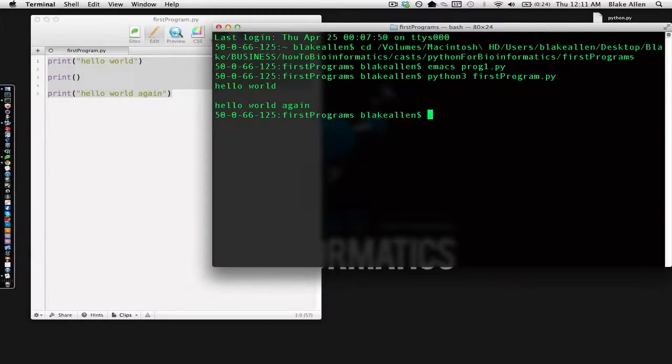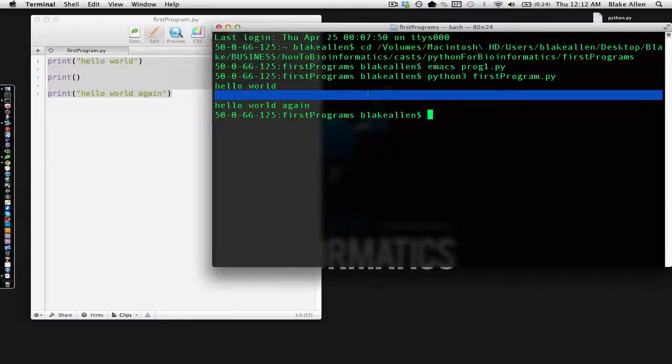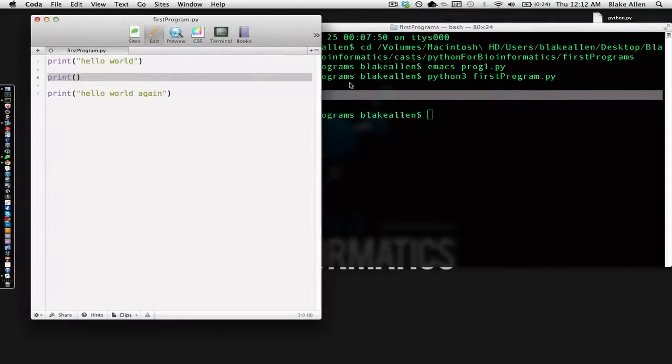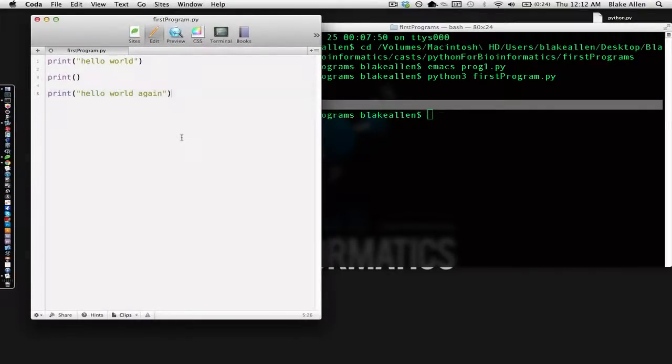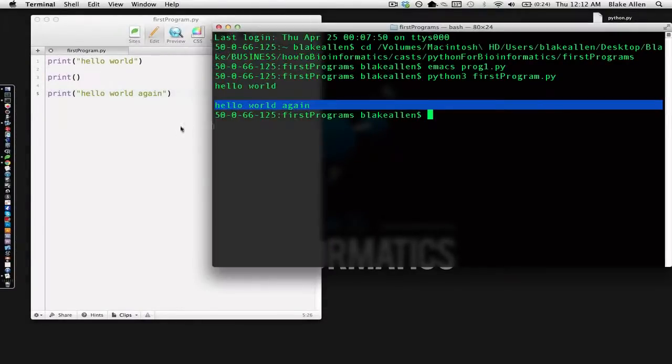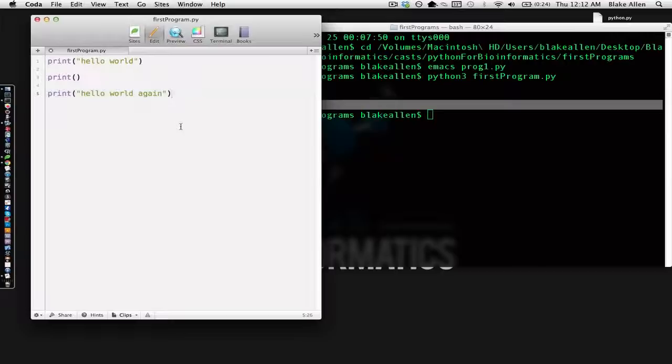And when we hit enter, we get our output. And it's hello world, an empty new line. That's what this is doing right here. And hello world again. Great. So now we're starting to cook with gas, if you will. And let's keep going with this. Alright, so